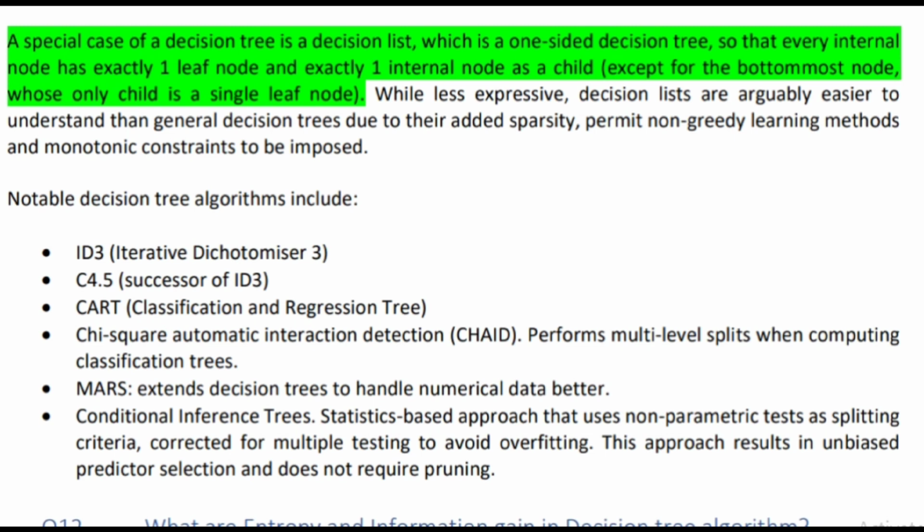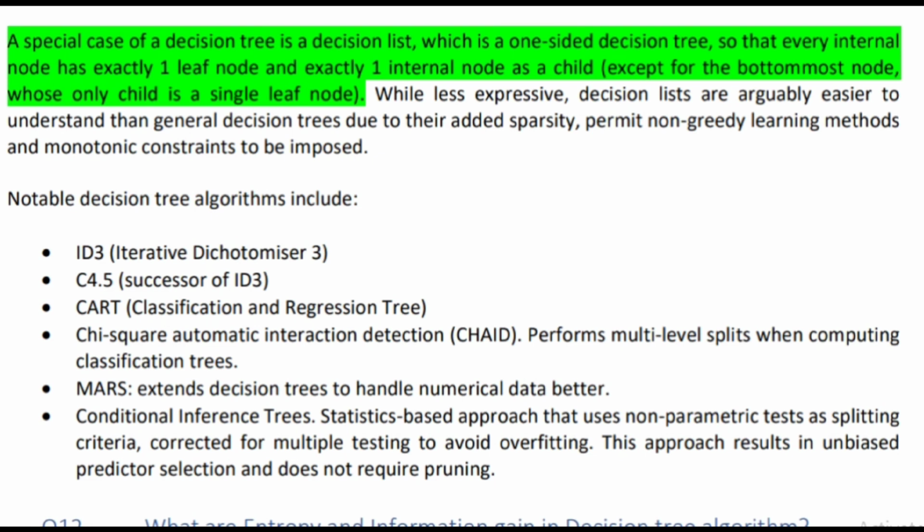While less expressive, decision lists are arguably easier to understand than general decision trees due to their added sparsity, and permit non-greedy learning methods and monotonic constraints to be imposed. Notable decision tree algorithms include